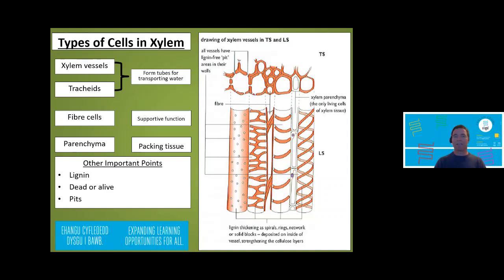The xylem vessels and the tracheids, obviously their primary function is the transport of water and minerals, but they do have an additional function of adding support because of that lignin that strengthens those structures. But the parenchyma, you can see, doesn't have any lignin, so it is the only cell in xylem tissue which is alive. So having said all that,